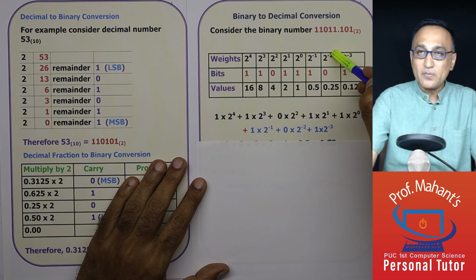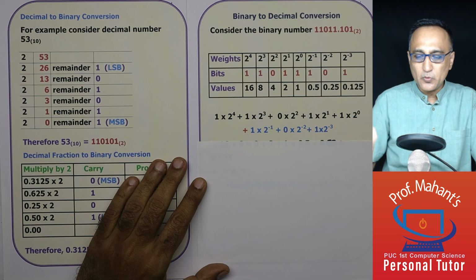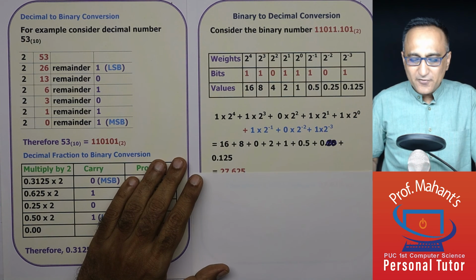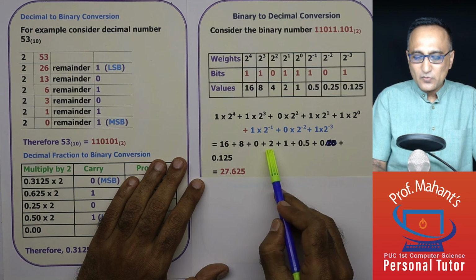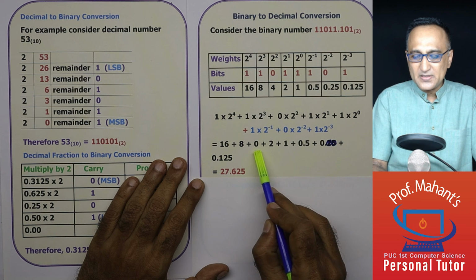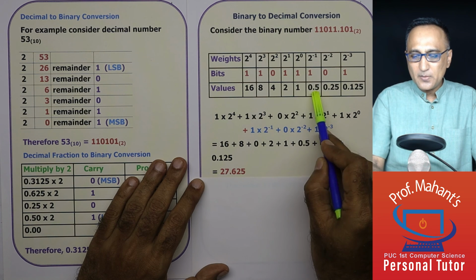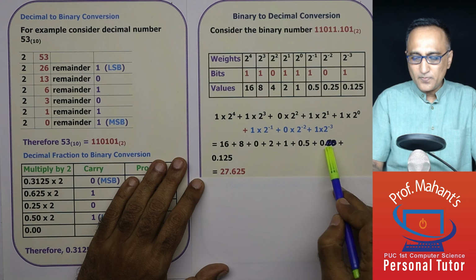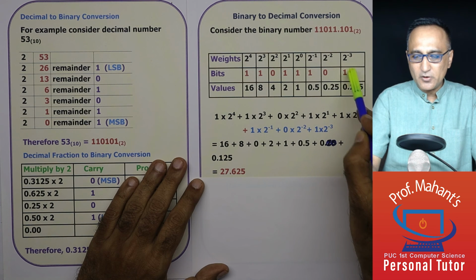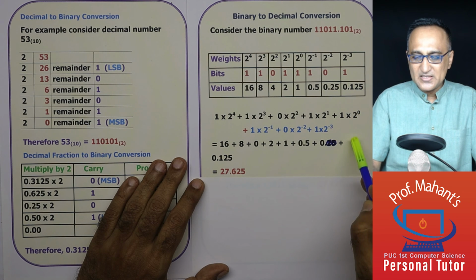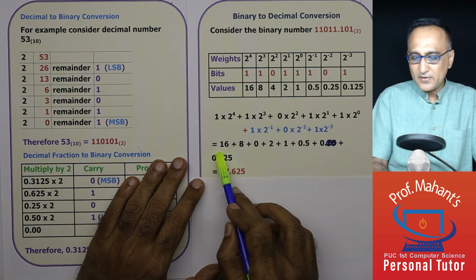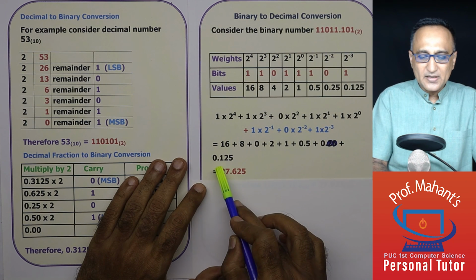This is 1 upon 4, 1 upon 2. 1 upon 2 is 0.5. So here if you take a look at it, it is what I told you: 16 plus 8 plus 0 plus 2 plus 1 plus 0.5 plus 0 plus 0.125, because 1 into 0.125 is still going to be 0.125. If you add all of this, you're going to get